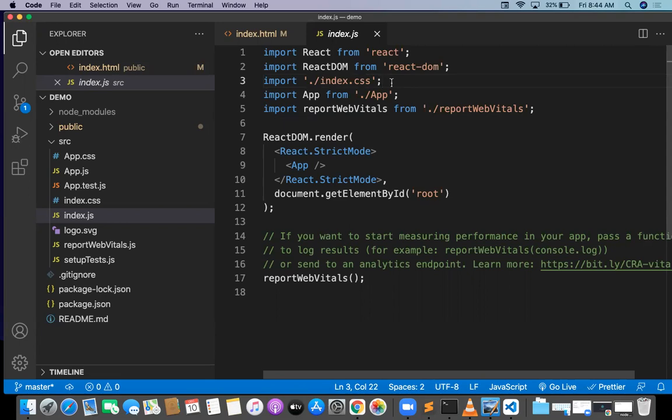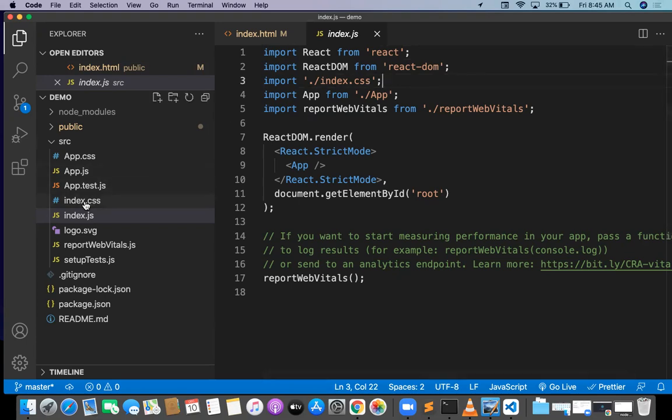Why? Because React works with multiple pages. There are multiple JS files we are going to create, multiple components we are going to create. For each and every component, whenever you want to exchange the data, export and import are important. Later I will tell that. Just understand, import is the keyword which is importing the library called React, importing a library called ReactDOM, and importing something like a CSS file.